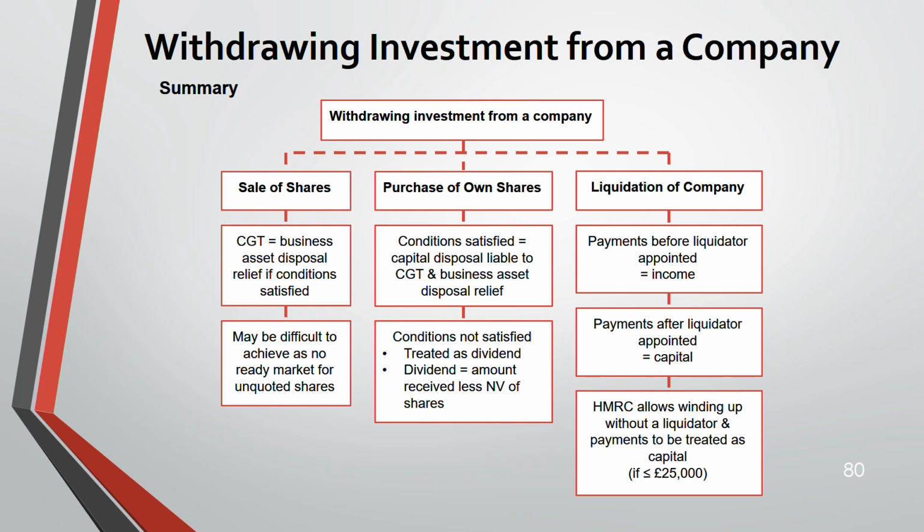if it is less than or equal to 25,000. If it's more than 25,000, the whole amount will go as dividend, as an income distribution. Now,